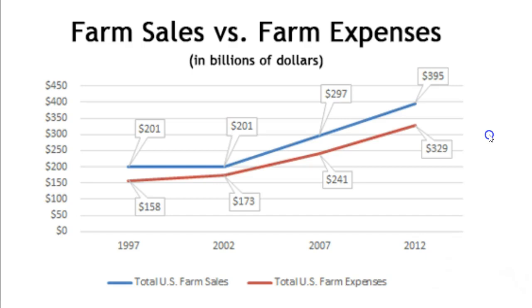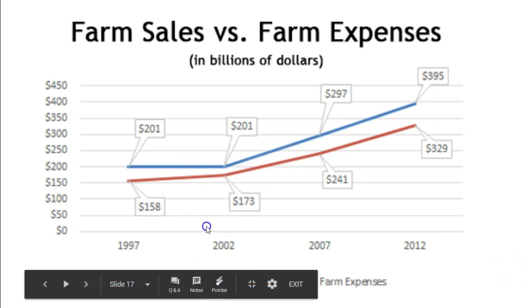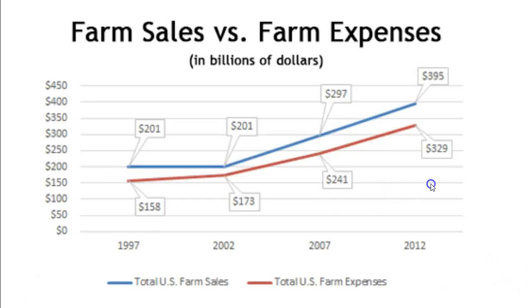So just a moment, and I'd like to talk to you about farm sales or revenues versus farm expenses. So here we have data for the United States whole farm sector, or the agricultural industry, and we're looking at all the sales together of the farms. So here we can see the blue line represents sales or revenue, and the red line represents expenses. So is the farm sector in the United States profitable? Well, how can I tell? Well, here we can see that in